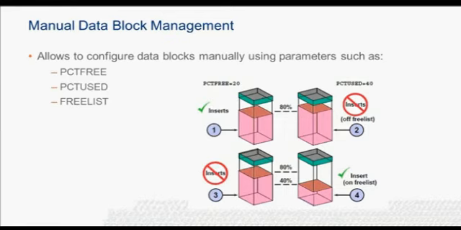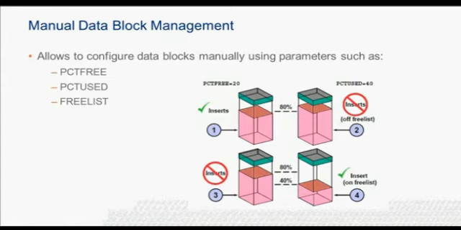With manual database block management, we can configure how block space is used and when a block is available. Parameters such as PCTFREE, PCTUSED, and FREELIST are used in manual management. Previously, this was the only method available for managing data blocks. The following explains how space within a block is managed for a data segment with